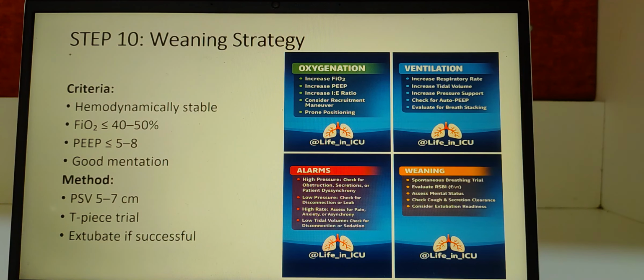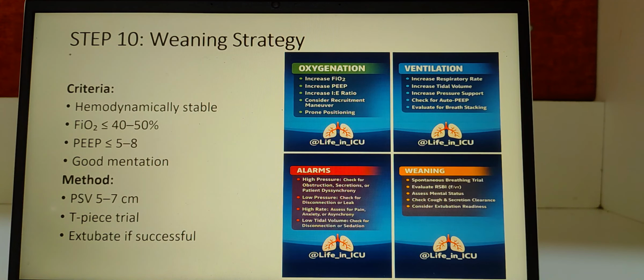So how do we wean the patient? There is a method for the weaning. We have to use the pressure support ventilation. During the pressure support ventilation, we can use either CPAP or BiPAP. In CPAP, we use a single pressure during the inspiration and expiration. In BiPAP, we generally use two levels of pressure. That is the bi-level positive airway pressure, that is the IPAP and EPAP.